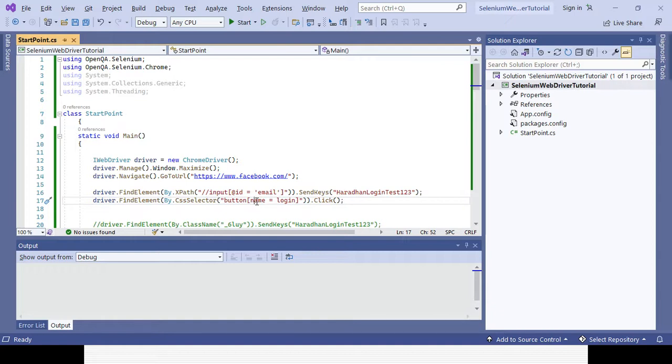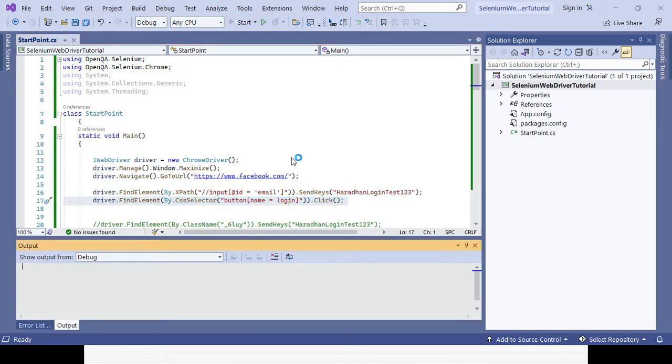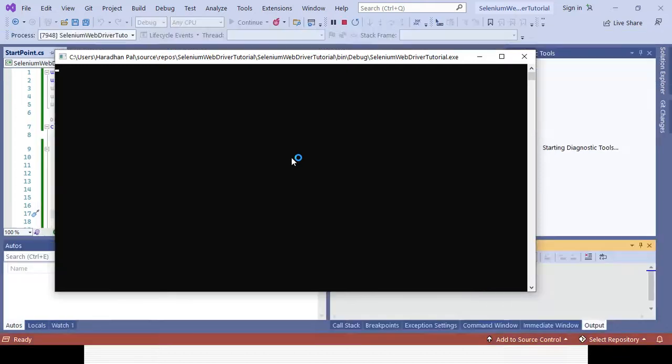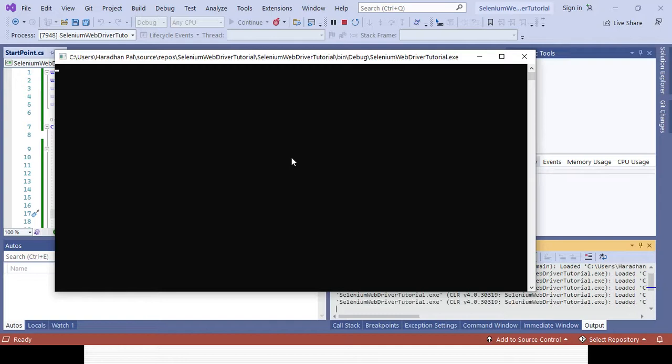I will be creating separate sessions, right? How to create own XPath and CSS selector, so that you can easily, uniquely identify the element. Once element identification is done, you can perform any operation based on the element type, web element type, right? So now here I am trying to cover two more element locator techniques. One is XPath and one is CSS selector. Let's try to execute the code. Let's see whether with the help of CSS selector and XPath are we able to identify the element and the operation is successful or not.